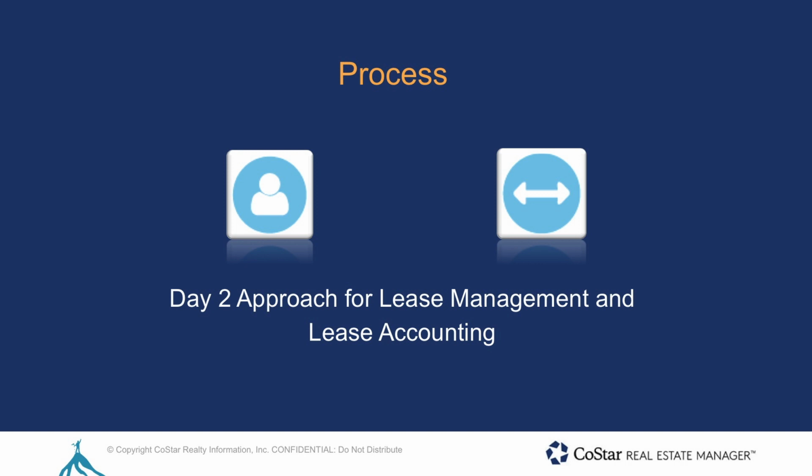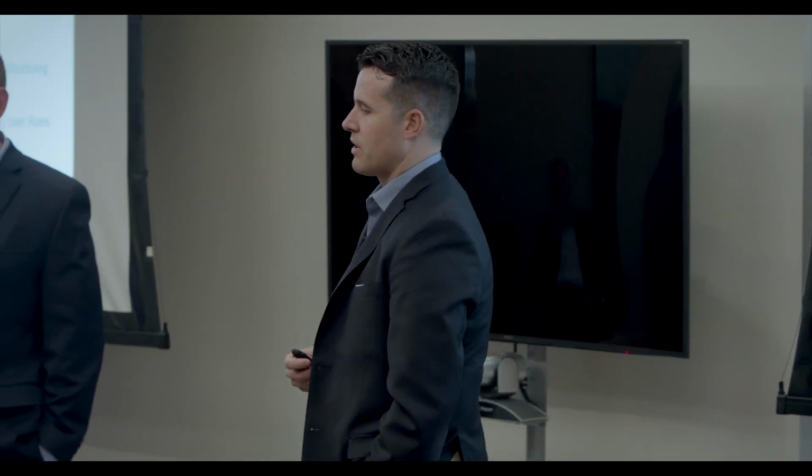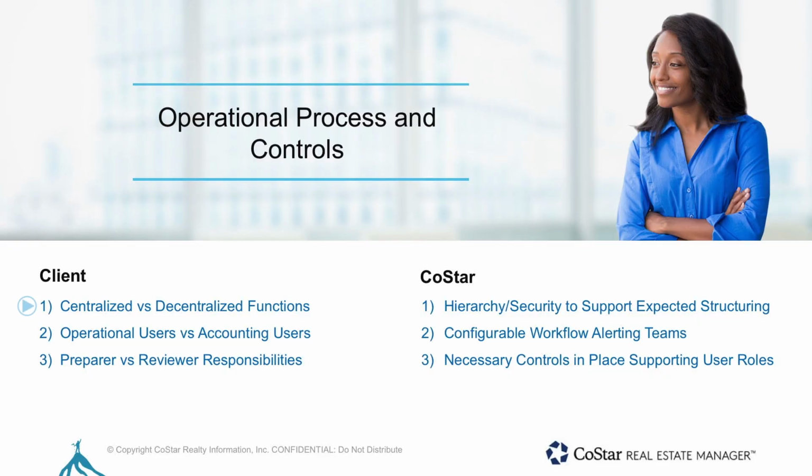All right, thanks, Matt. So we'll finish up with a discussion a little bit about process, more on the day two side. How we're seeing some clients structure the management and accounting of leases, how they're thinking about it from a general structure of teams point of view, and then going forward how that might impact the CoStar setup. This will follow on into some of the things that Michael Murray Hobbs will talk about in the following session. On the client side, there's a difference depending on whether they're structured as a centralized or decentralized group, which could be by geography, business unit or asset class.